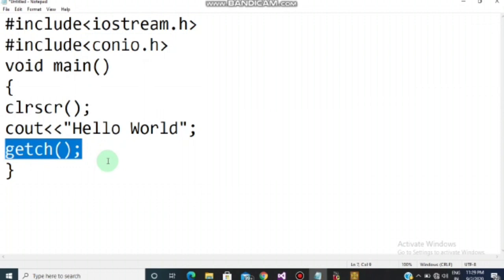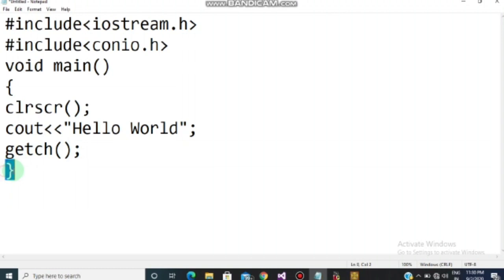There you will get this concept clear. As of now, this function holds your output screen till it gets a character, and after this again I have terminated it, meaning I have put a semicolon.